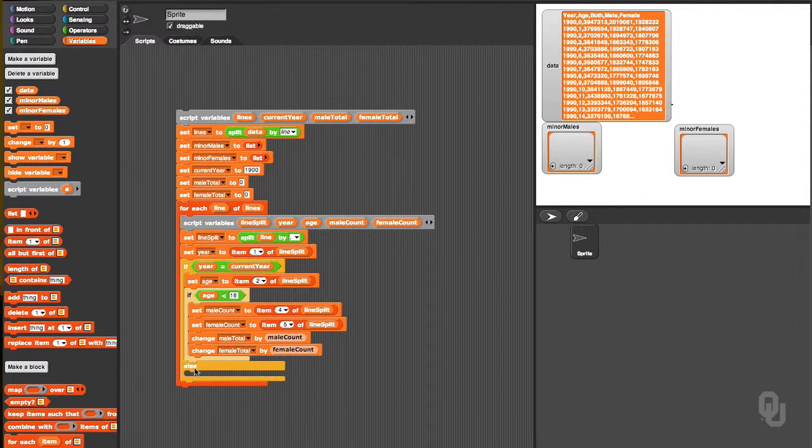So what we need to do is look at the else part of this. Not the else of if you're less than 18, but the else of if the year is not the current year. So what happens is if it's not the current year, then what we need to do is we need to manipulate our list, and we're going to use the add, which we have not done before. And what we're going to add is we're going to add the male total to the minor male list and do the exact same thing for the females. Add the female total to the female list,